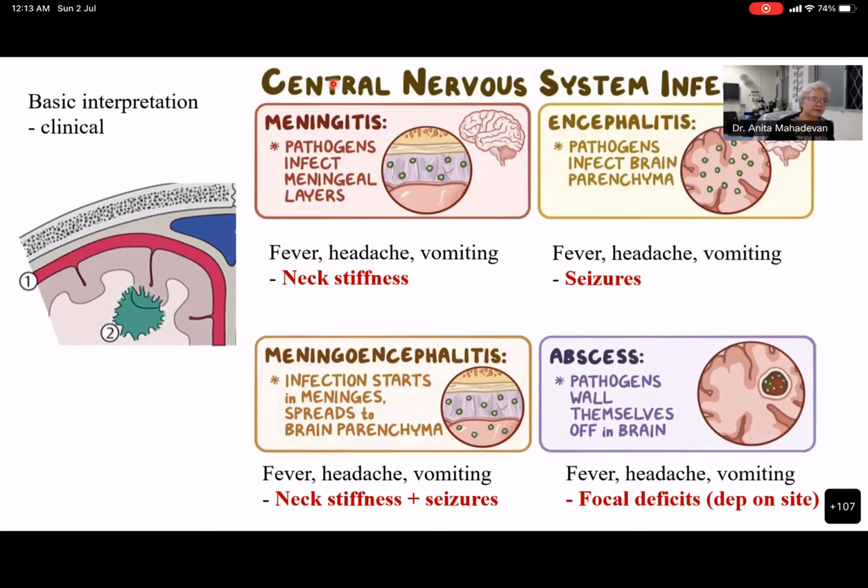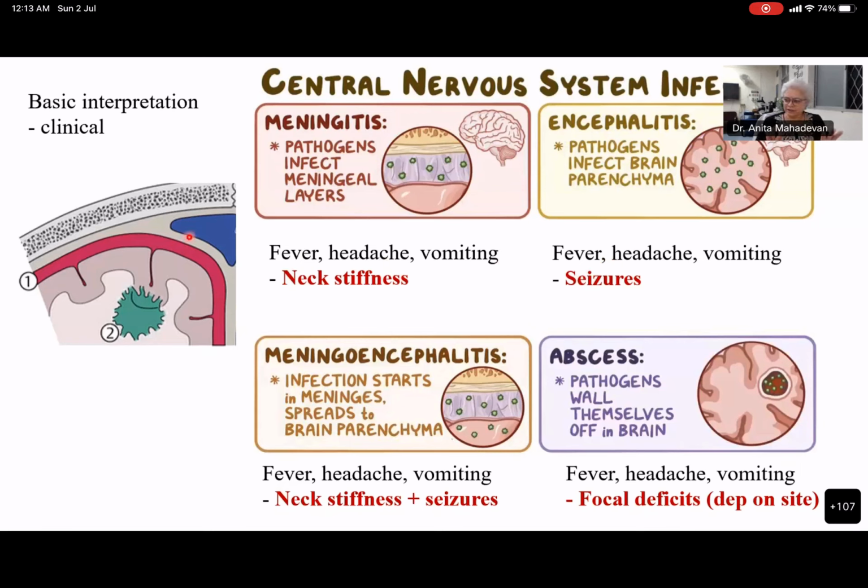So clinicians suspect meningitis whenever there is a triad of fever, headache, vomiting. Now, remember, this is common to any form of CNS infection. It just means there is cerebral edema. It means there is raised ICT. But the pointers that you look for in an infection: if you find neck stiffness, that is prototypic of meningitis. If you find presence of seizures in the patient, then that tells you that the gray matter is involved,